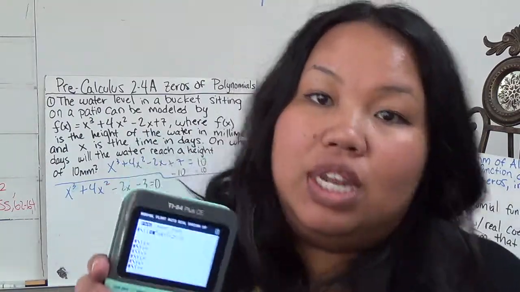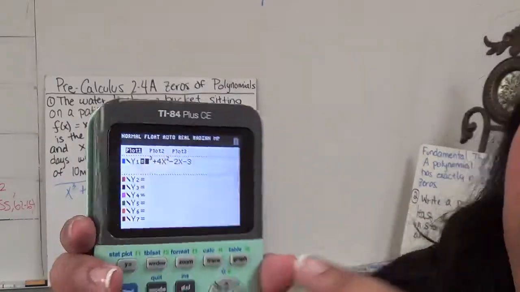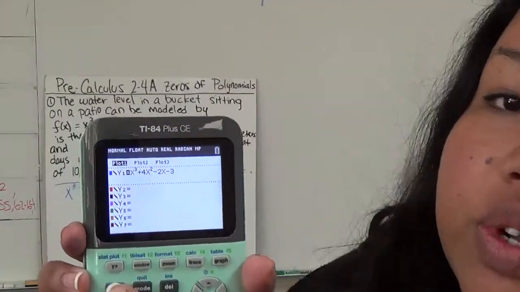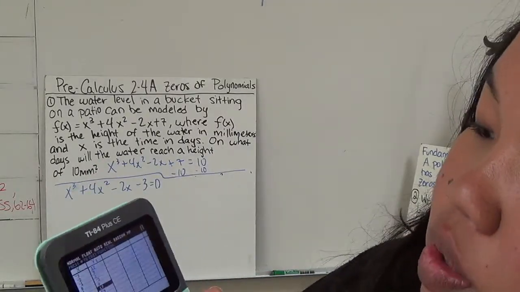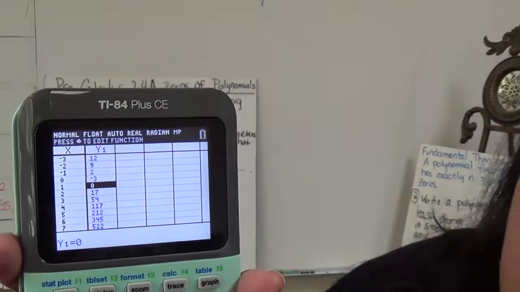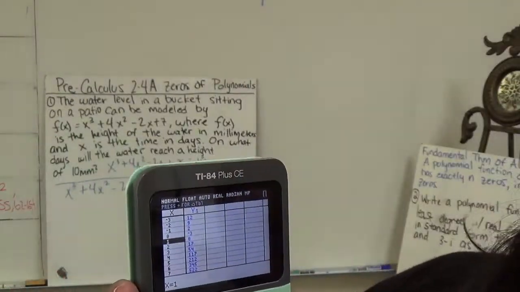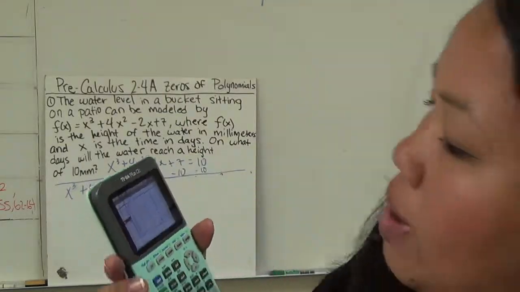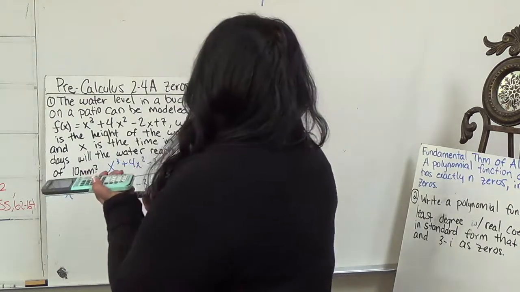So I've graphed it here. I've put the equation in on the y equals screen, and then I'm going to go to second table. And I'm going to find when y equals 0. So if I look here, y equals 0, and so one of the solutions is when x is 1. So that means one of the factors should be